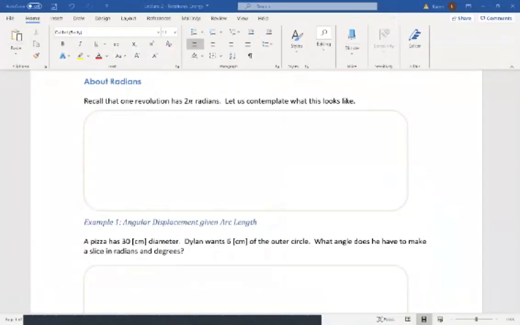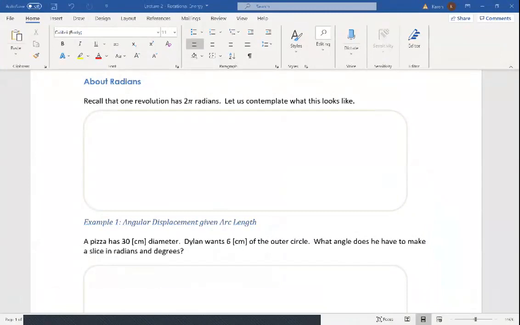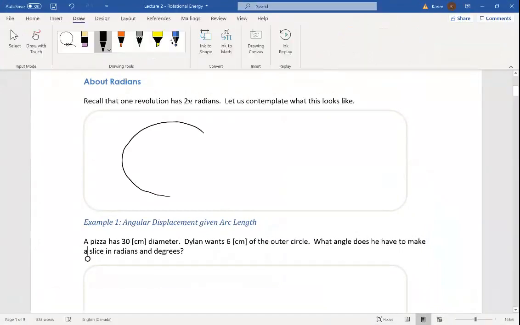Let's do a little bit of review about what a radian is. A radian is a unit of angular displacement. So let's just draw a circle here and remember what it means to look at the angles in a circle. If I call this 0 degrees up here, 0 degrees,